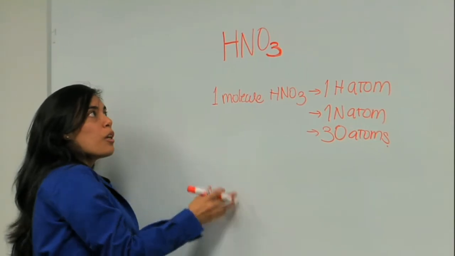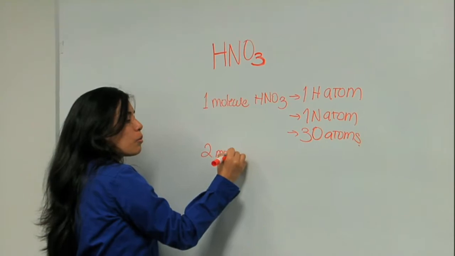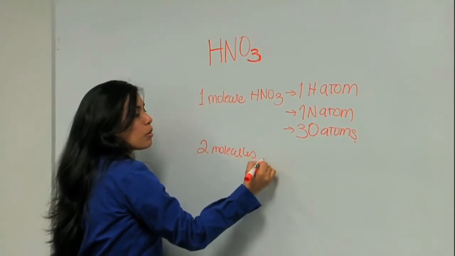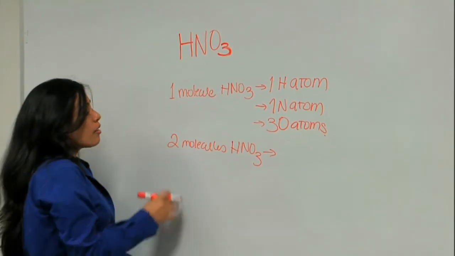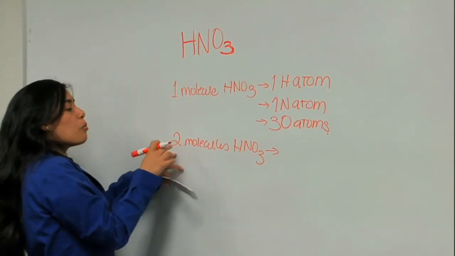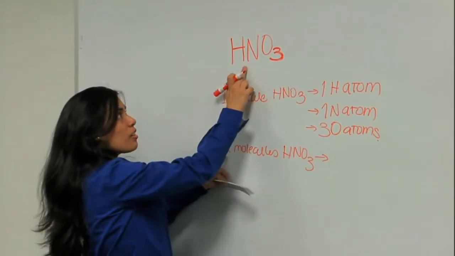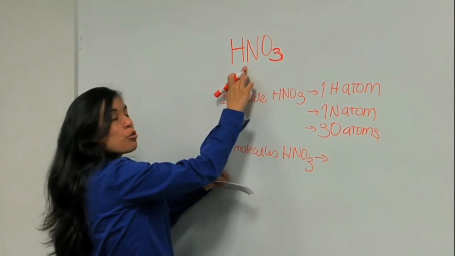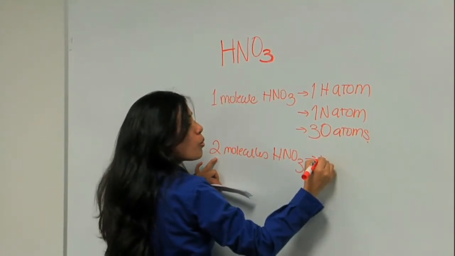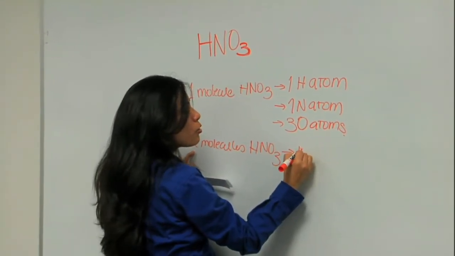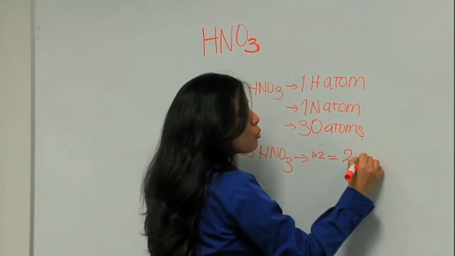Now, what happens when I don't have 1 molecule, but maybe 2 molecules of nitric acid? I have to remember this, that this number 2 is going to get multiplied by each of these subscripts. So, let's take as an example hydrogen. Hydrogen has no subscript, right? It's 1. So, I'm multiplying 1 times 2. That gives me 2. So, I have 2 atoms